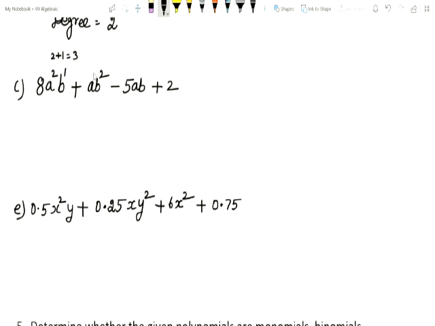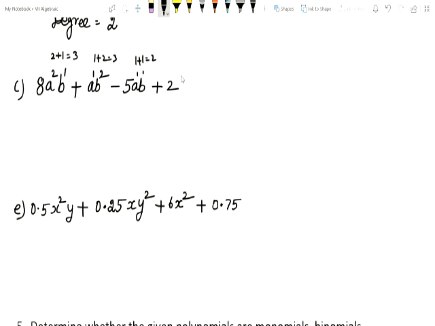And second term a power is 1. Nothing is there means it represents 1. So now you add it, sum of this 1 plus 2 equal to 3. And see here a power 1, b power 1. So 1 plus 1 what you will get children? 2. Here nothing is there means here power is 0.